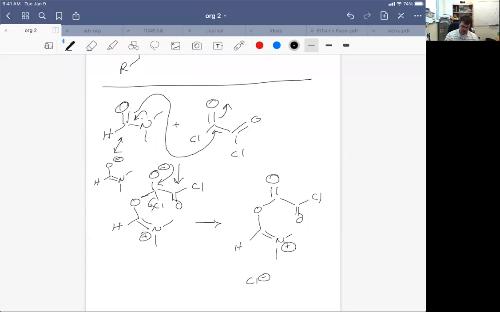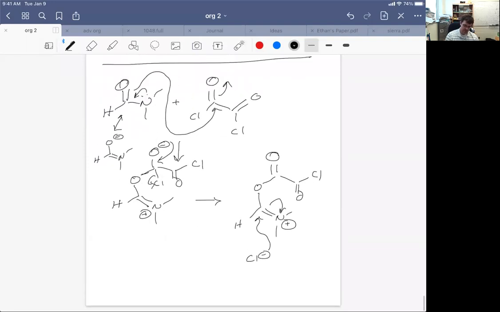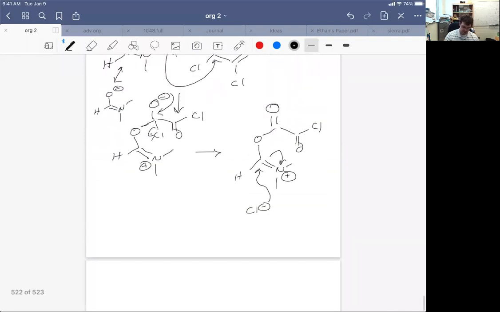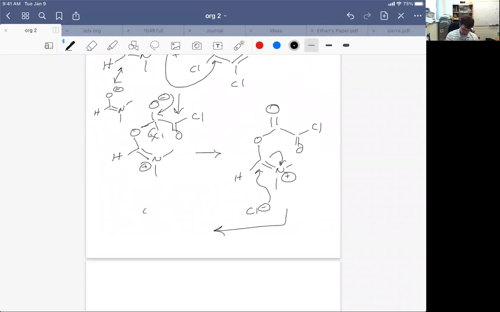And then this species can add to what was the carbonyl carbon and push up electrons on the nitrogen. To give us this species,